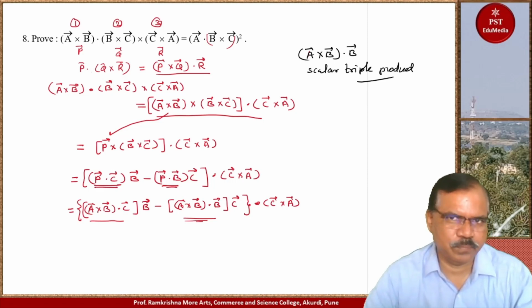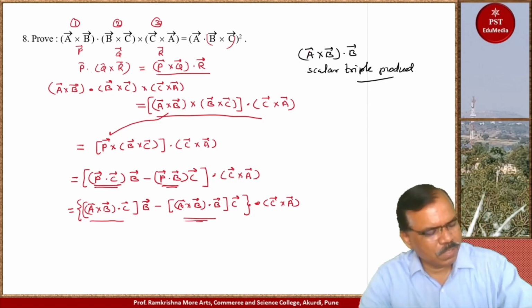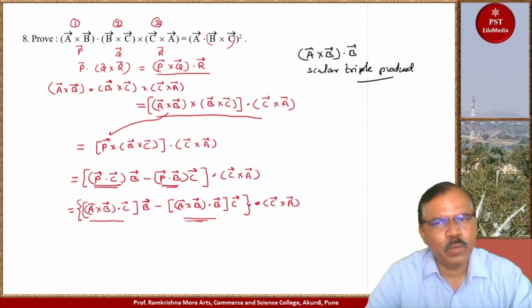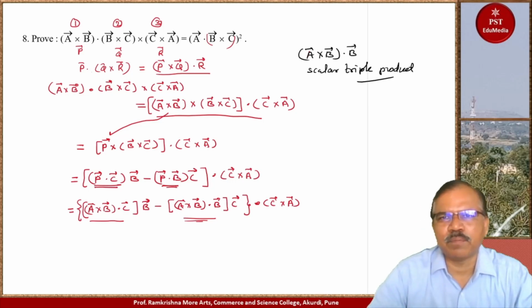Scalar triple product. Now scalar triple product is 0 when three vectors are coplanar. In scalar triple product we take some vector A, vector B and vector C, and here we know a parallelepiped is formed and then its volume. Here it is A cross B dot C or C dot A cross B.